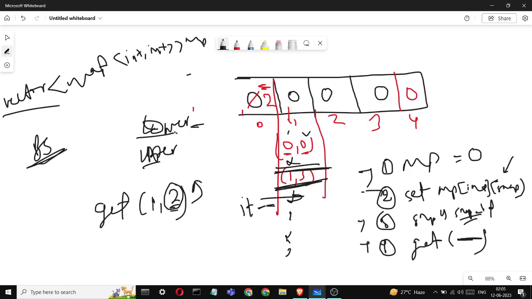What I'm saying is, for lower bound, if 2 is there, this will give 2, and if not 2, this will give the last iterator in that case. So you have to do it minus minus. And if you're using upper bound,